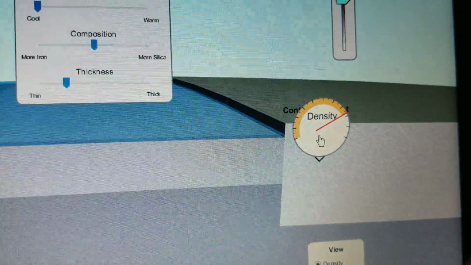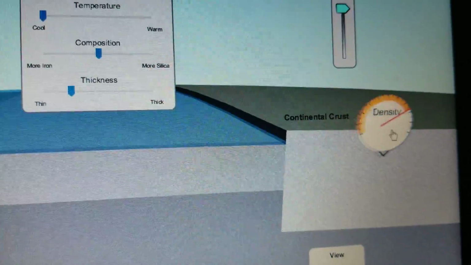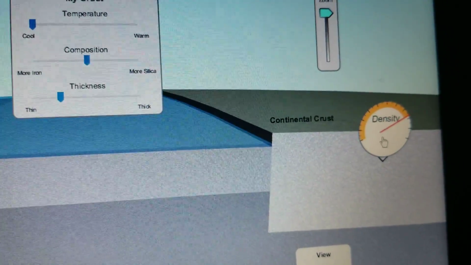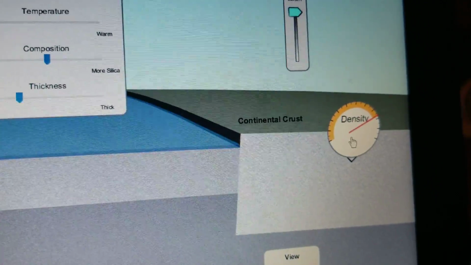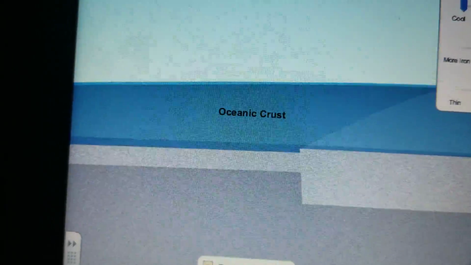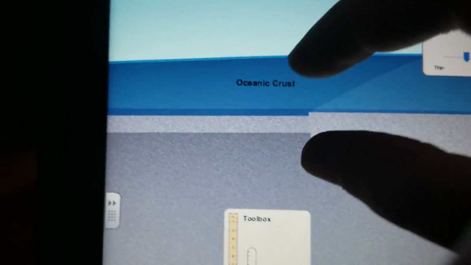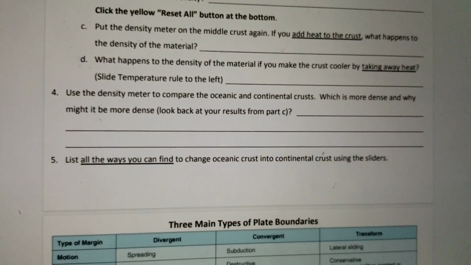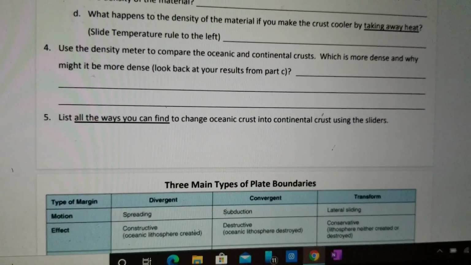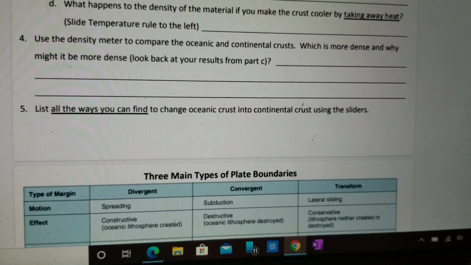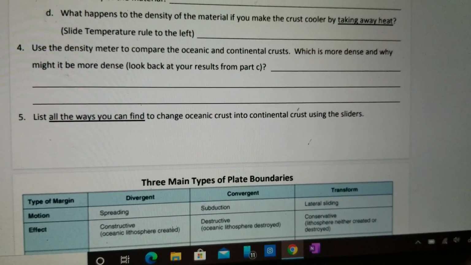Now, wow, the continental crust is less dense. I think it's less dense because all that ocean water is sitting on top and pressing down on the oceanic crust, which makes it more dense. All right. So for number 5, list all the ways you can find to change the oceanic crust into continental crust